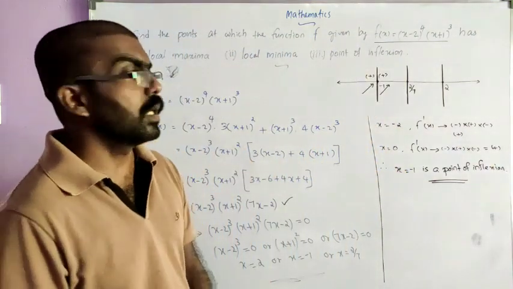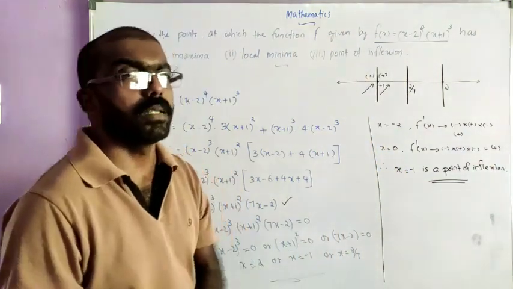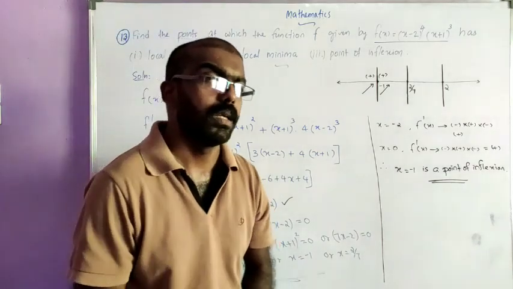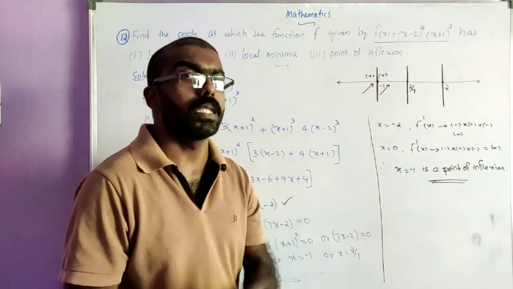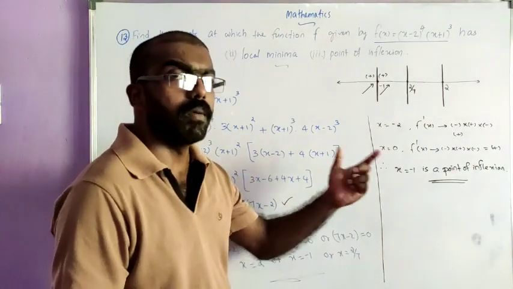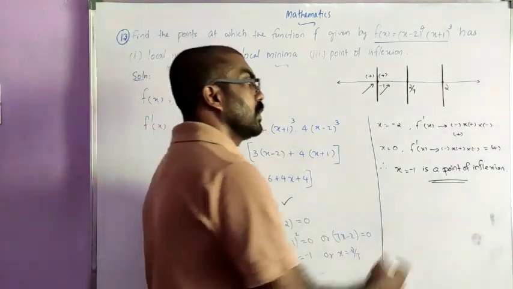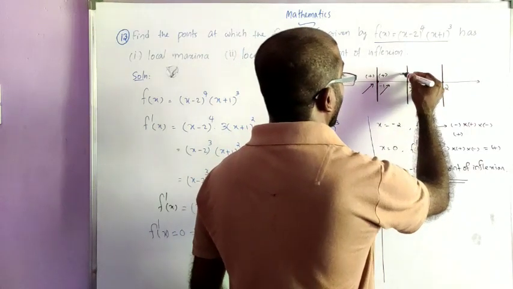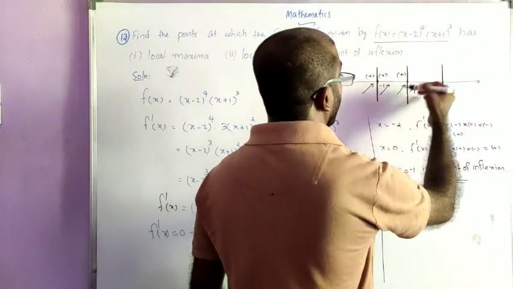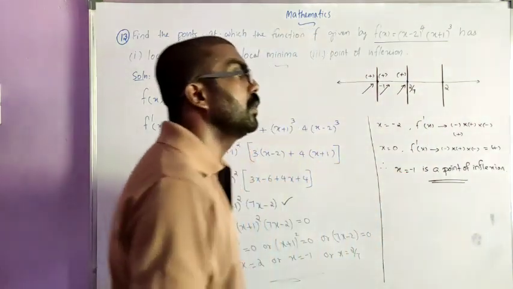Now we can consider the next point, 2 by 7. 2 by 7 is a proper fraction and the value of this fraction lies between 0 and 1, more than 0 and less than 1. Already we checked the point 0. 0 is sufficiently close to and to the left of 2 by 7. So here the sign of f dash of x is positive.